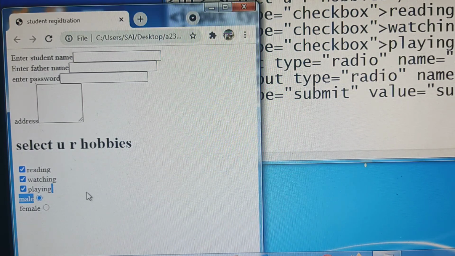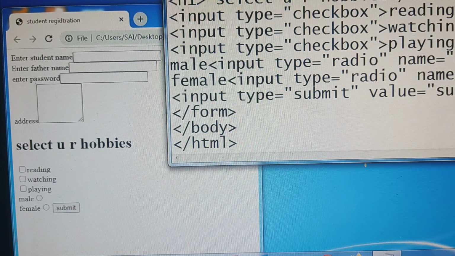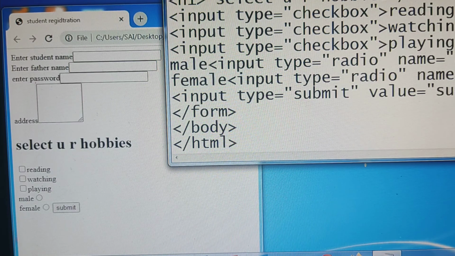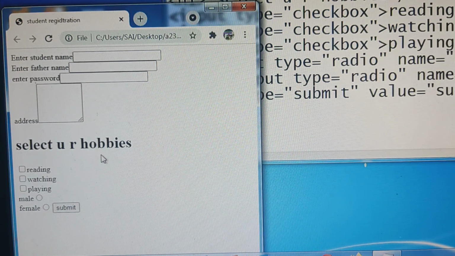Come to the browser window. Refresh this. See, you are getting submit. When you click on this, whatever data you have given will be sent to the server. Right now we don't have a server, so it is not sending. But if you have a server, it will surely send the data to the server.